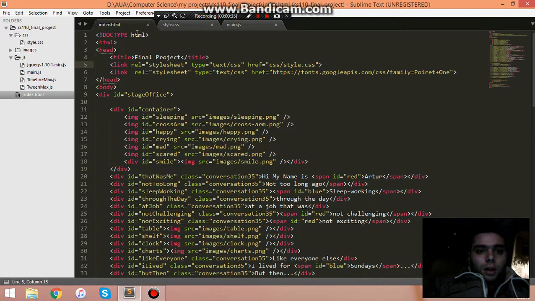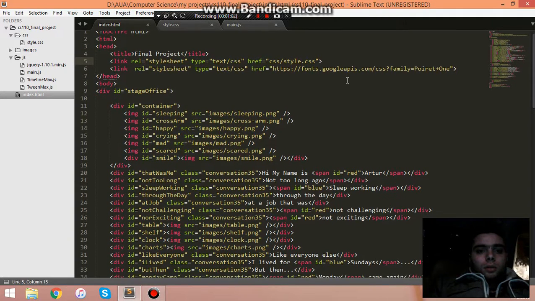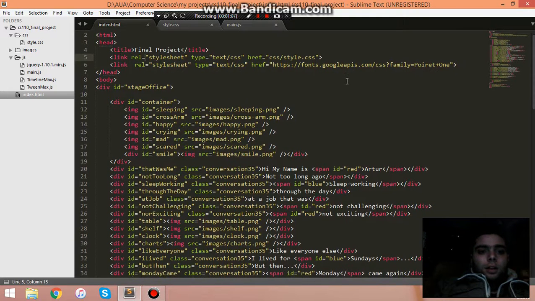Here is my file. At first, on the fifth line, I have the source for the CSS file. Then on the sixth line, I have the other source, which is from Google Fonts, from the family Poiret One, just for my text to be a little bit stylish. Then